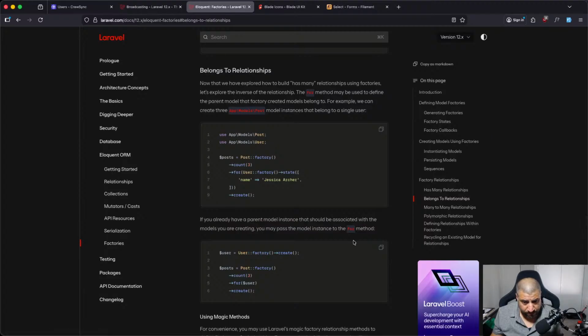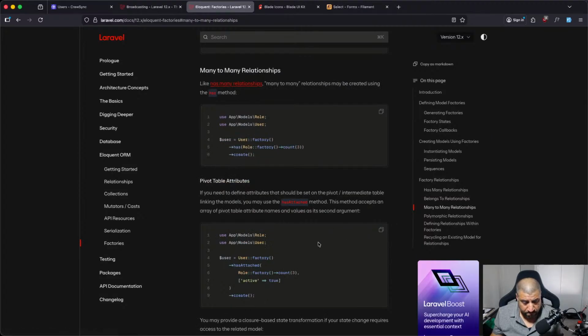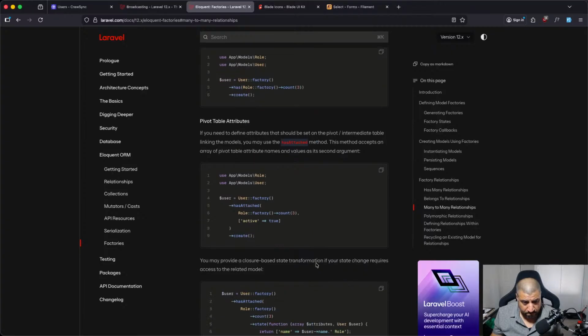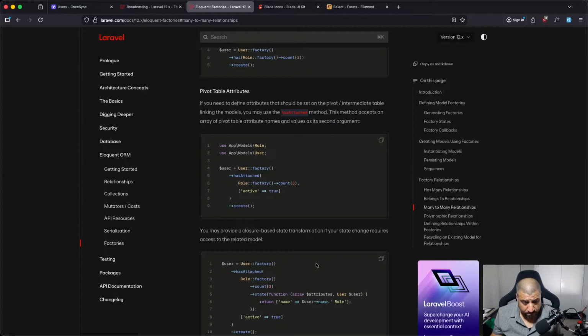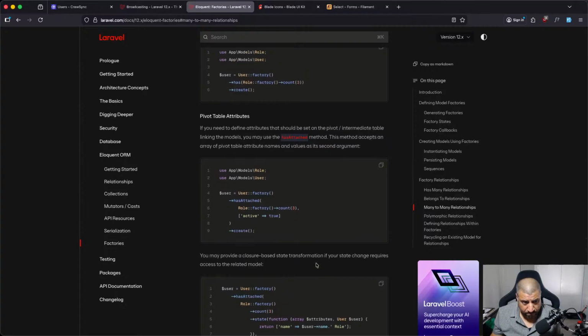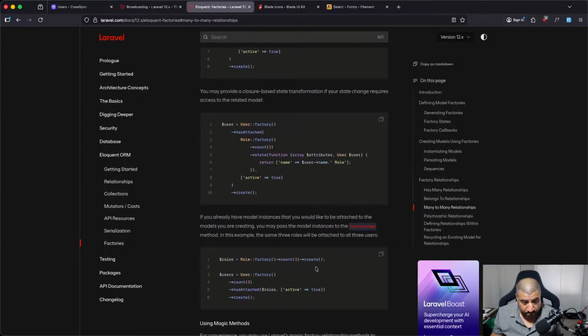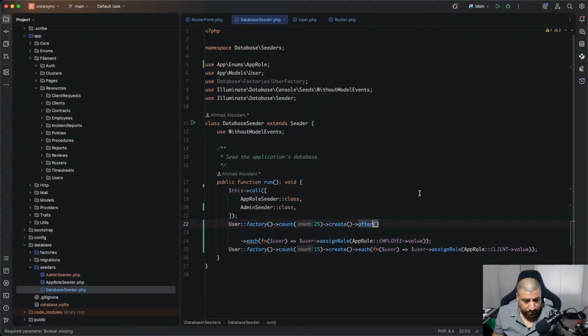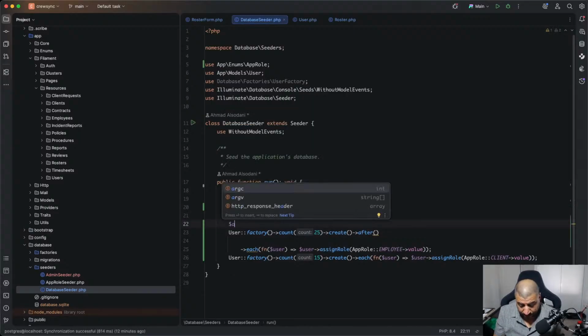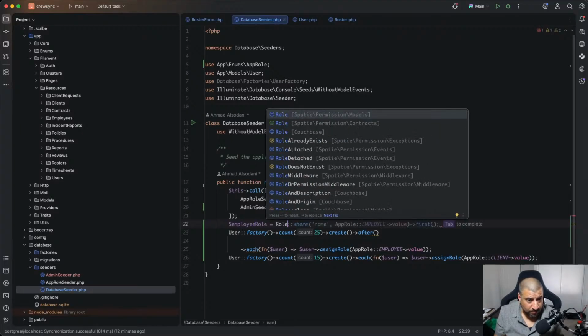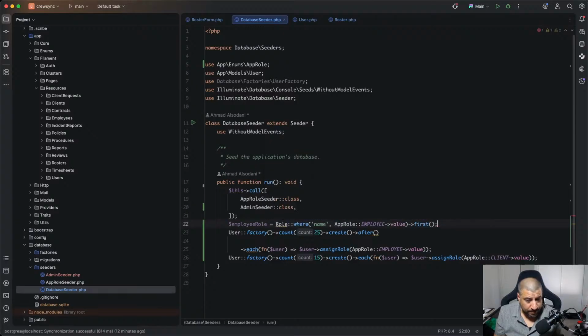Belongs to many to many. Okay, has attached. So do I need to grab the actual role in here? So employee role equal role where name,